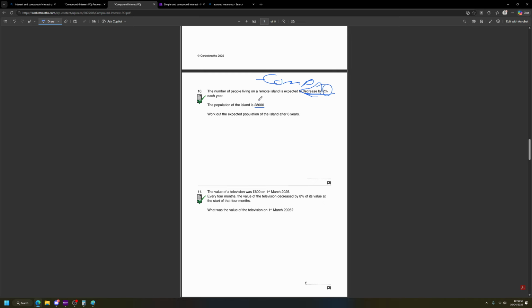And we know it's 2%, and we know it's 28,000 people, and we know it's 6 years. Those are the 4 main things we kind of need to know. Or I guess 5. So let's put it in an equation. 28,000 multiplied by 0.98, because it's taken away, 1 minus 0.02 equals 0.98. And then we need to add 6 on top, and that equals to,